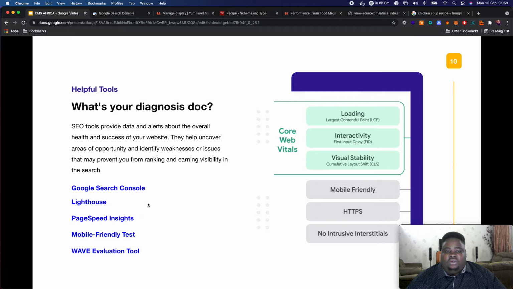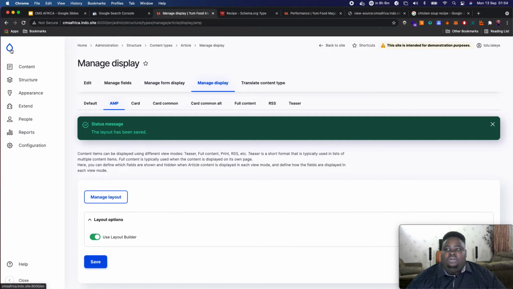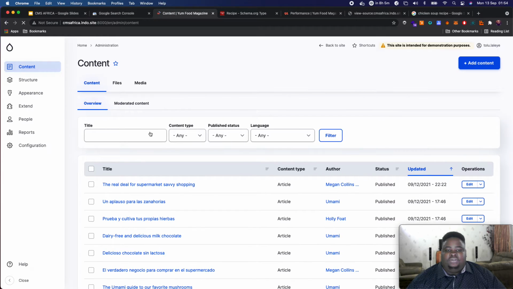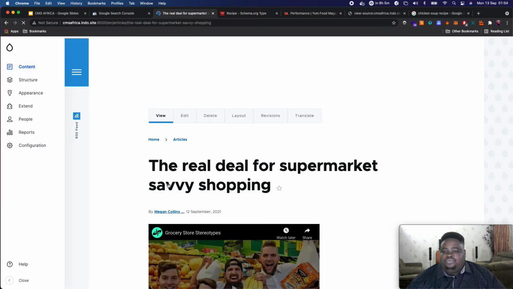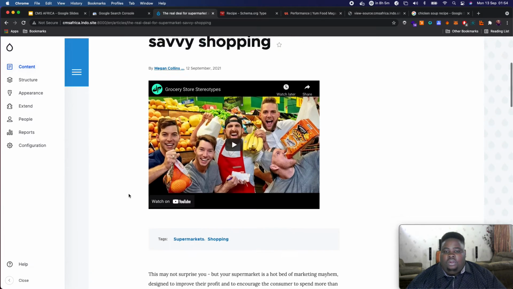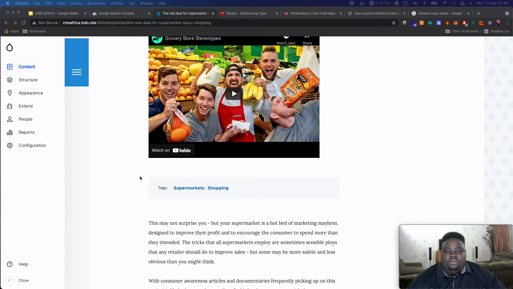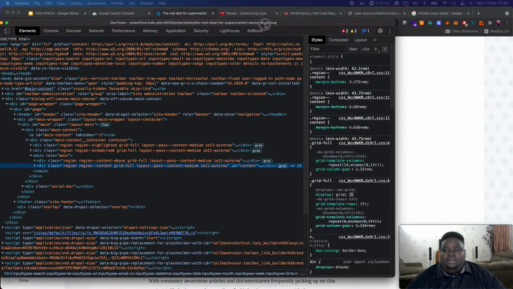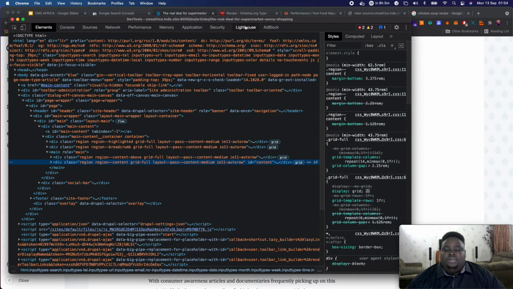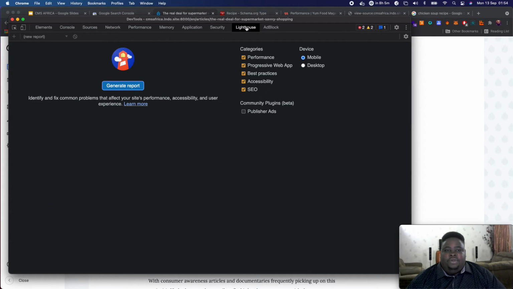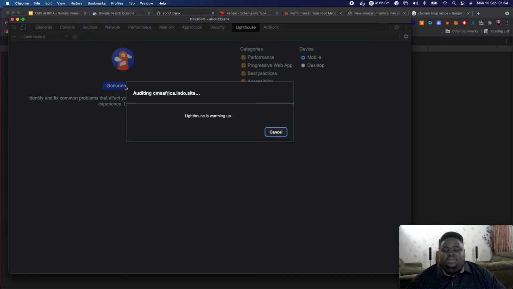Another tool that we can talk about is the Google Lighthouse. And so let me give you an example of how Google Lighthouse works. So let's go to one of our articles. All right. So with the Google Lighthouse, I'm able to inspect. Let me pull this up for you to see here. So here you're looking at my Chrome developer tools. So I have this Google Lighthouse here, and here I'm able to generate a report of my site, of the page we're looking at. And so let's wait for